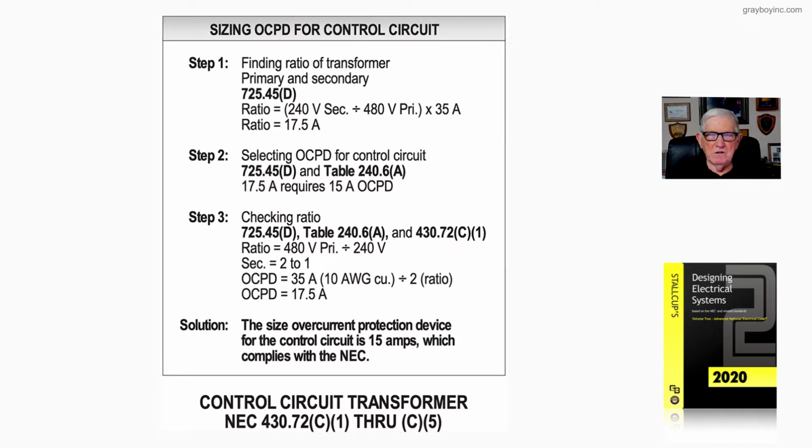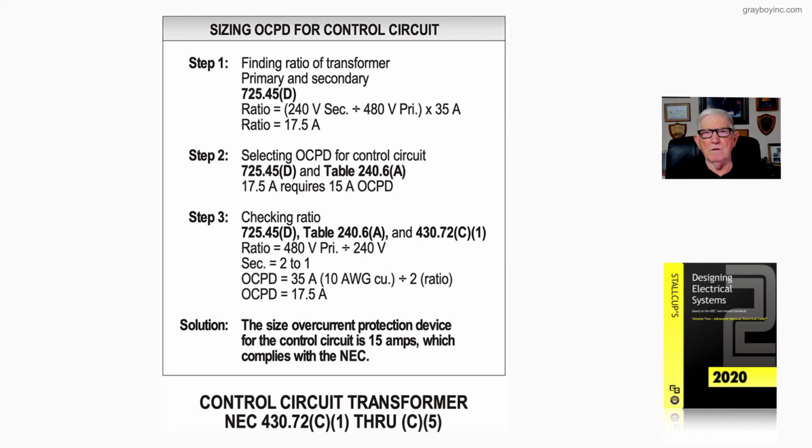Now let's continue with our illustration 18-54 and do the calculations to determine if the overcurrent device of 15 amps will protect the number 10 THWN copper conductors. Step 1. We'll find the ratio of the transformer, primary and secondary, in accordance with